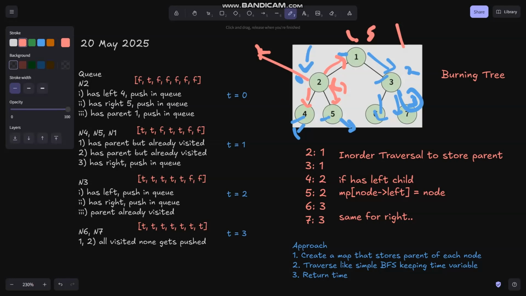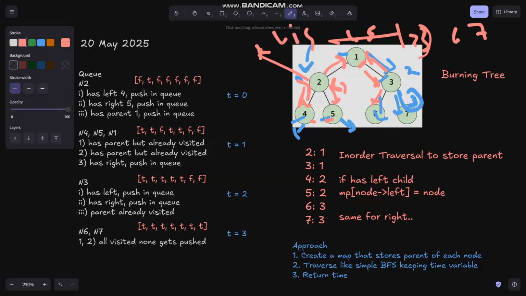Then you have to traverse the neighbors of 4, 5 and 1 in a single unit of time. So for example, you're traversing the neighbors of 4 and you encounter 2, but 2 is already visited, so you do not push it back into the queue, because otherwise your queue will catch an infinite loop. So this 4 and 5 will push nothing, but this 1 will push back 3 in the queue, and now the queue has only 3. Now at time 2 we are again traversing 3, and we get 6 and 7 as the neighbors, right? We do not push 1 back because it is already visited,